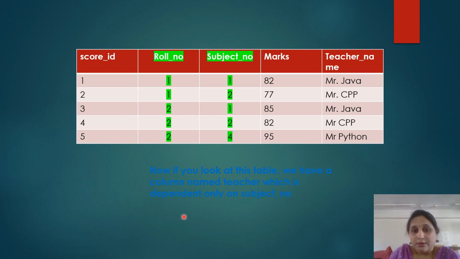So you have a column named teacher, which is dependent only on subject here. Whatever roll number's marks are obtained, this teacher's name is already dependent on only the subject number. The subject number is allotted to that particular teacher. So this is called partial dependency. Here the teacher name is only dependent on the subject number but not roll number,